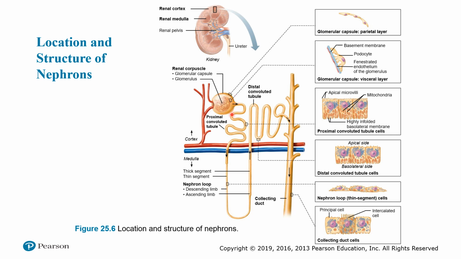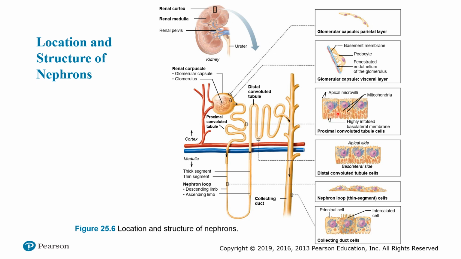Now the renal corpuscle makes the filtrate, and that filtrate goes into the tubular part of the nephron. The first part of the tubular nephron is the PCT, or the proximal convoluted tubule. As you can see, this is present in the cortex, and it is lined by cuboidal cells which have apical microvilli, and they also have abundant